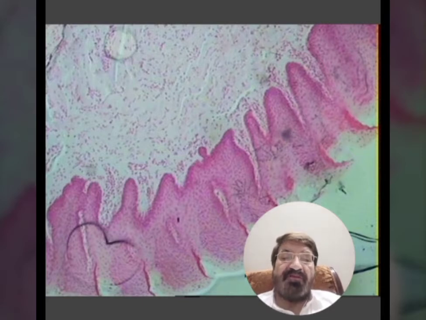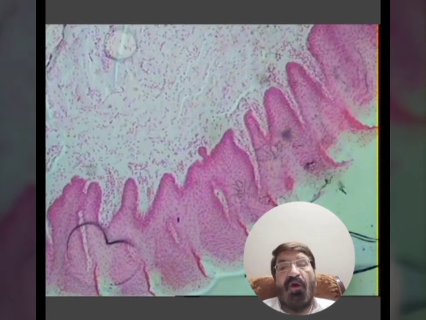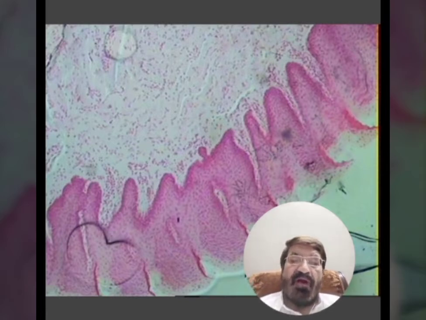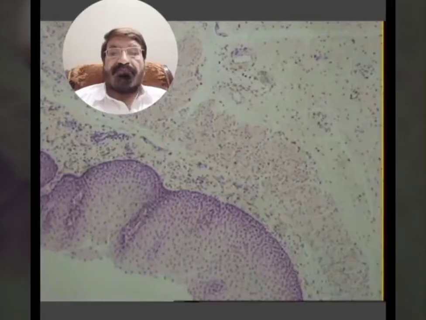Then this is the mucosa. The epithelium and the lamina propria is called the mucosa, and just beneath the mucosa you will see the skeletal muscles which are running in three different directions: longitudinally, transversely, and vertically. So the tongue has got a very simple structure, that the interwoven muscle fibers, which are the skeletal muscles, they are covered by the mucous membrane.